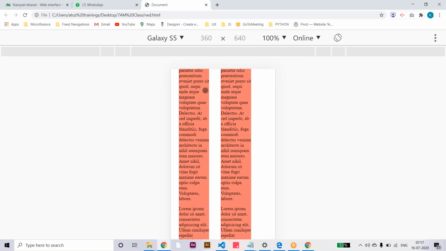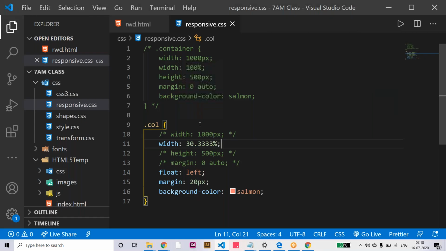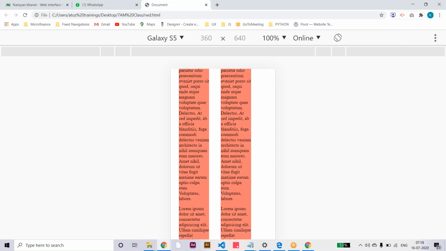So when you say column width 33%, okay, in the desktop it is good because that is a wider screen, more than 1000 and 1200 pixel size. When it comes to the same in the mobile device, like standard device Galaxy S5, it's